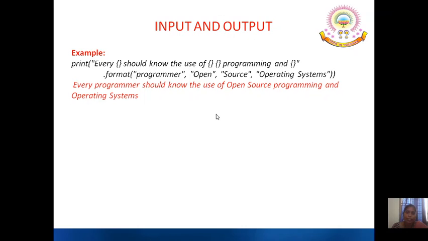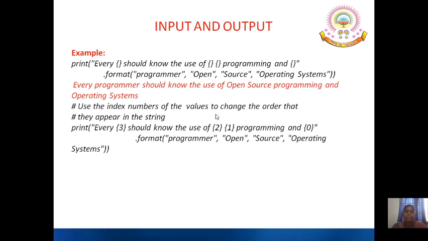But you can change this order by specifying the position of these placeholders. So first one is third position and then second position, then first position, then 0th position. So here the values will be like this is the 0th position and this is first position and this is in the second position and this is in the third position.